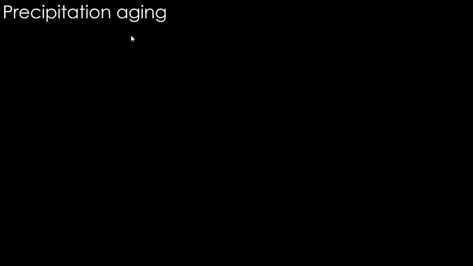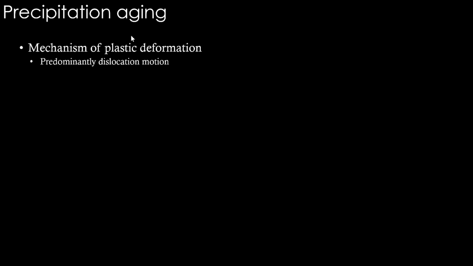So we need good yield strength, we need good hardness and things like that. So if at all we want to increase this hardness, how do we do that? There are different methods. First is basically to target the basic mechanism of plastic deformation, which is dislocation movement. Let us understand what is that and then think about how to stop that, so that we'll understand the mechanism to strengthen, and from there we'll go to precipitation aging. A couple of slides I'm spending on that. First is mechanism of plastic deformation.